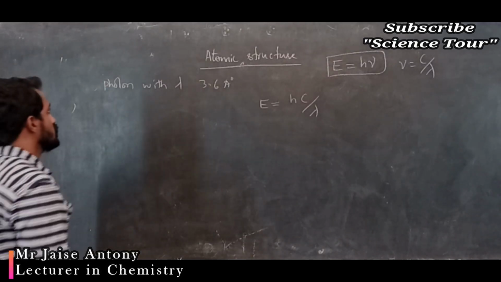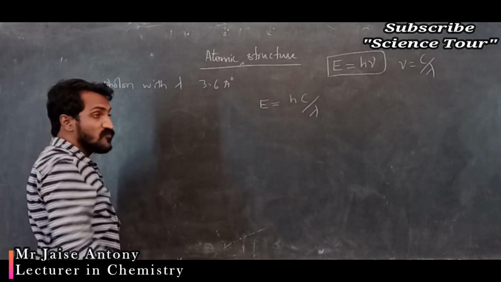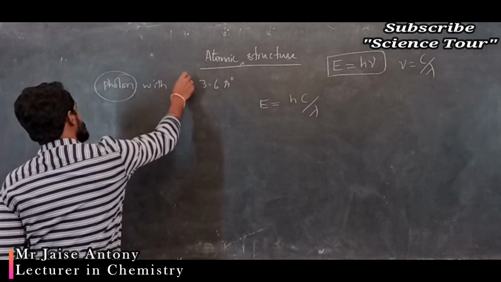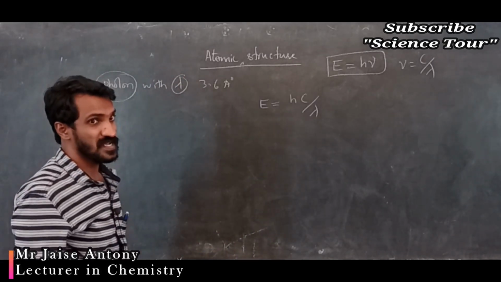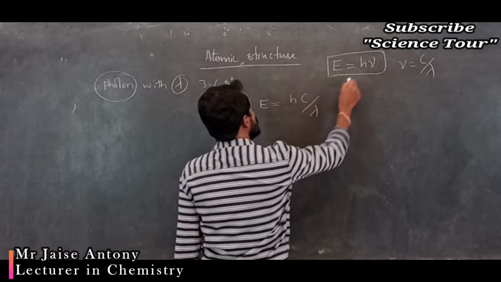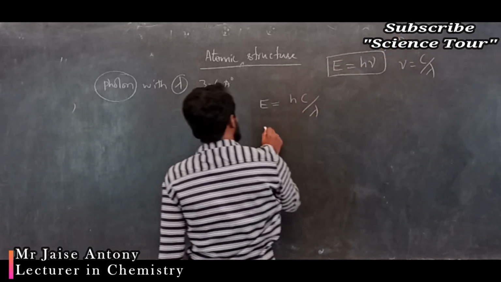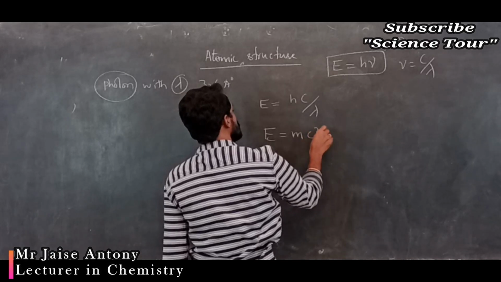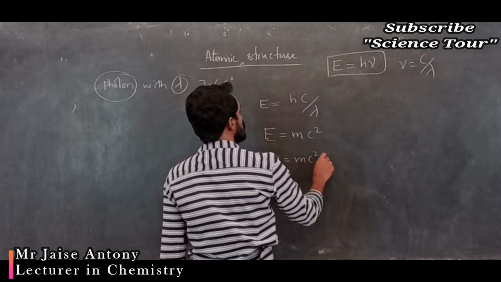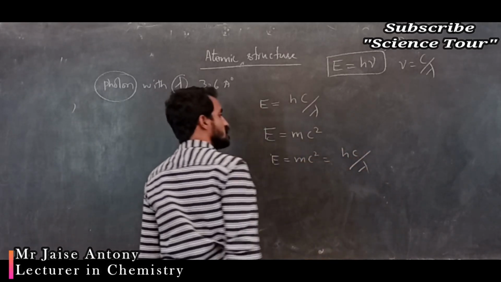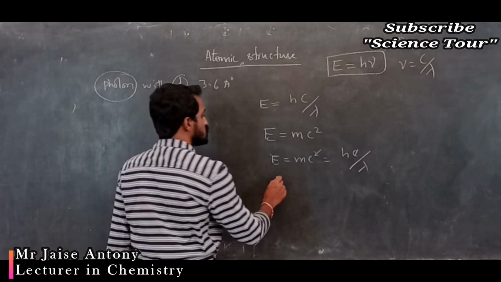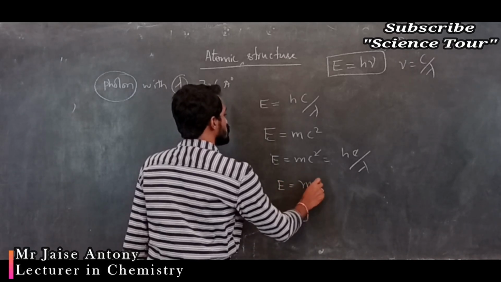My dear students, the very important thing here is that photon means particle nature, correct? And with the wavelength means wave nature. Both the particle and wave nature are given, the de Broglie equation, my dear students, dual nature. E is equal to h nu is for particle, and one more formula is given by Einstein, mc square, correct? That means E is equal to mc square is equal to hc divided by lambda, correct? The c gets cancelled. This equation we derived in an earlier video, please go through that. So the basics should be strong, understood?